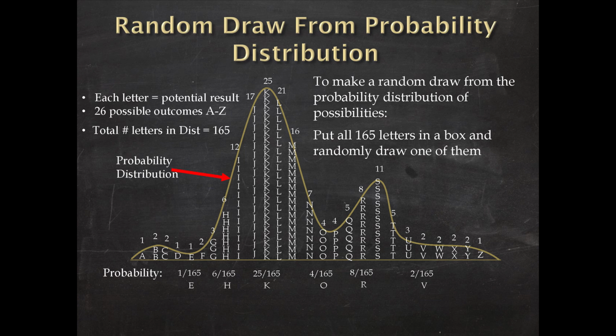These are all the various possibilities. Put them all in a box, shake them up. We look into the woods, and when we do that, the system draws one out of the box, and that's what you see. So it's more likely you're going to see this K because that's probable for this woods.